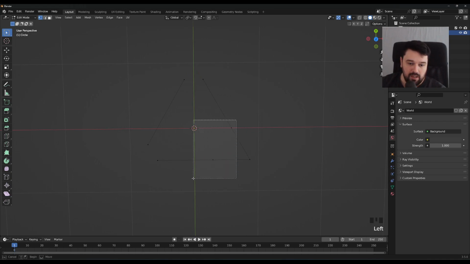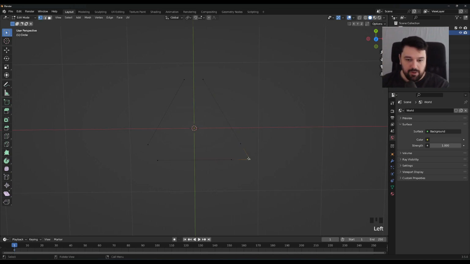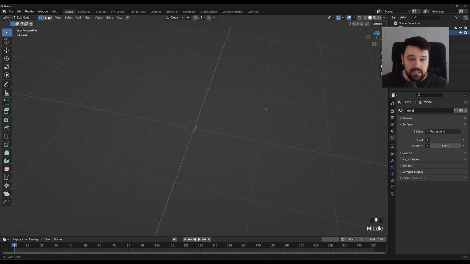Now this one's going to be tricky because the direction of positive and negative is slightly different, but we'll see how we go. G again twice, 0.5. Again, that's worked nicely. Depending on your orientation, you might find one of them goes in the wrong direction. If you do find that, then you can simply do one at a time, or do minus 0.5 for the movement, and you'll find that that should work pretty much okay. Push enter, at which point we can dissolve the vertice here, and we are completely done with the modeling portion